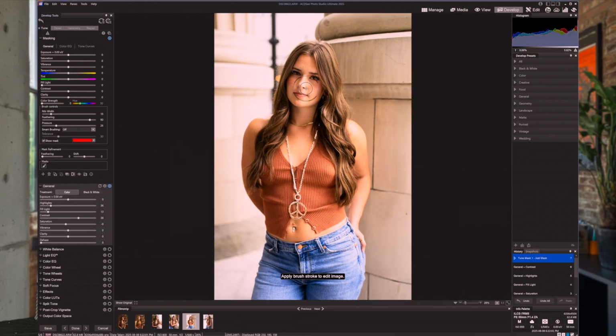I would take a mask. I'm making this brush smaller with nib width, and this also happens to be attached to my mouse. So I'm taking a small brush, and you're going to see me paint red where I want to lower the exposure. It hasn't done anything. It's just showing me an area where I'm going to do something. And now I go up to exposure, and I'm going to pull that back, and you're going to see that